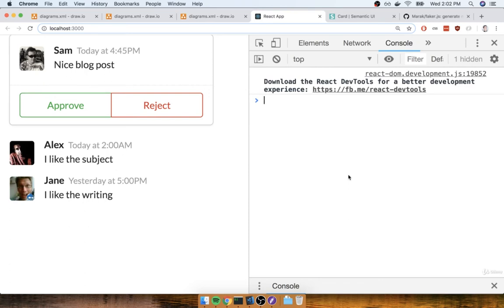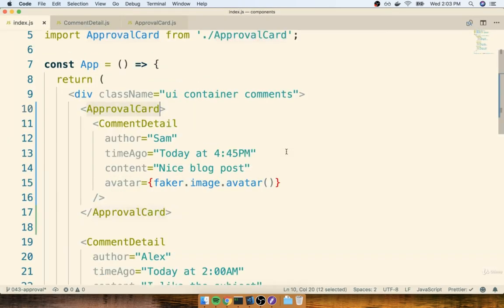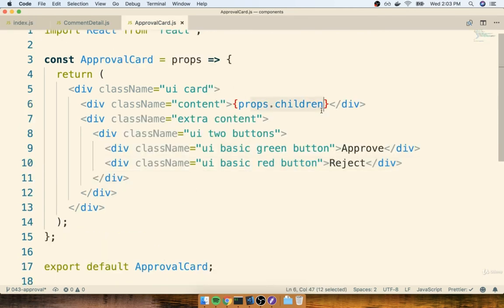Awesome, so that's pretty much it. That is the strategy that we use when we want to make truly reusable components. If we ever want to show some component or some custom content inside of a component, then we will take the child, we will wrap it with a parent component, and then that child component is going to show up inside of the parent on the props.children property. It's always going to show up on the props.children. So then we can take that props.children property and reference it from anywhere inside of our JSX.